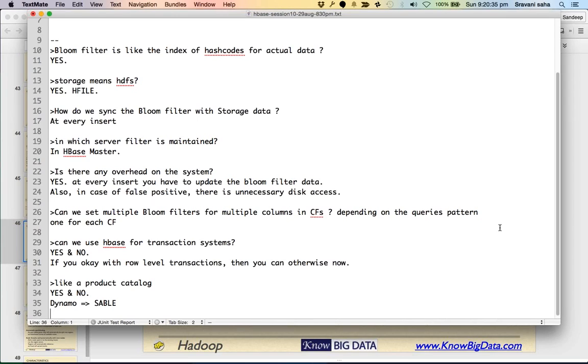It's no longer a key value pair. It's more like HBase now. So Dynamo has been converted into Sable. Although we had been using Sable for everything, it has taken us some time to move our catalog to Sable, after lots and lots of debate. So product catalog can be kept in Sable comfortably, but what could not be kept in Sable or in HBase,